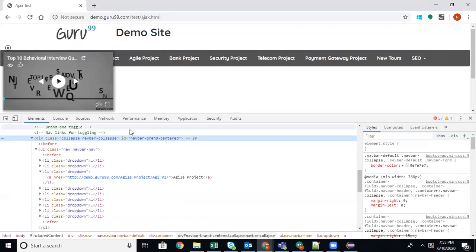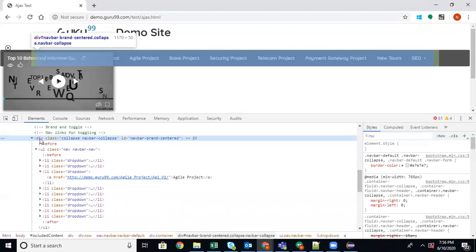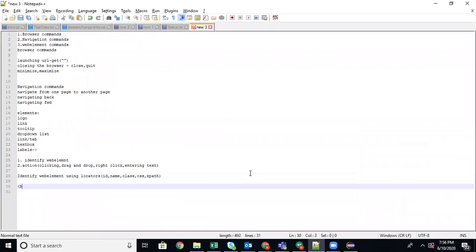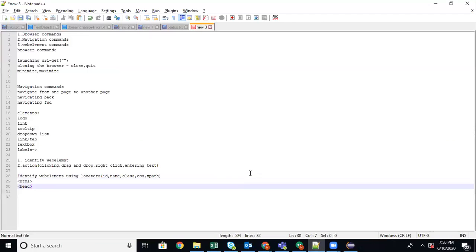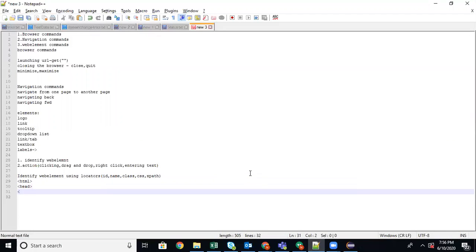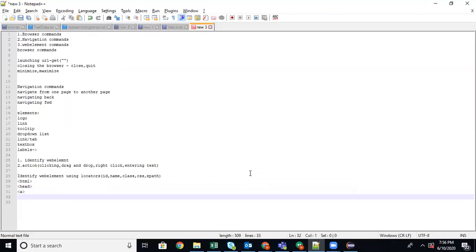What is the XPath? When your developer creates it, it will be inside the tags. The XPath is the path from the root tag to the bottom tag. For example, HTML content will be like this: HTML, and there will be a couple of tags, let's take an A tag, and then again we will have a closing tag, head, all that.